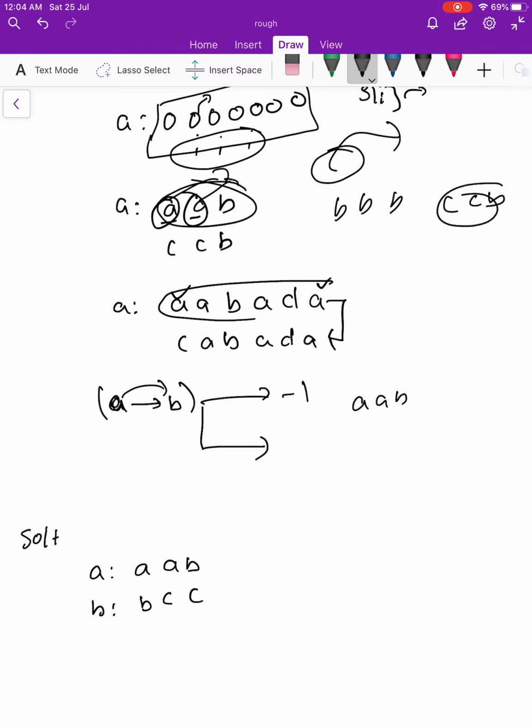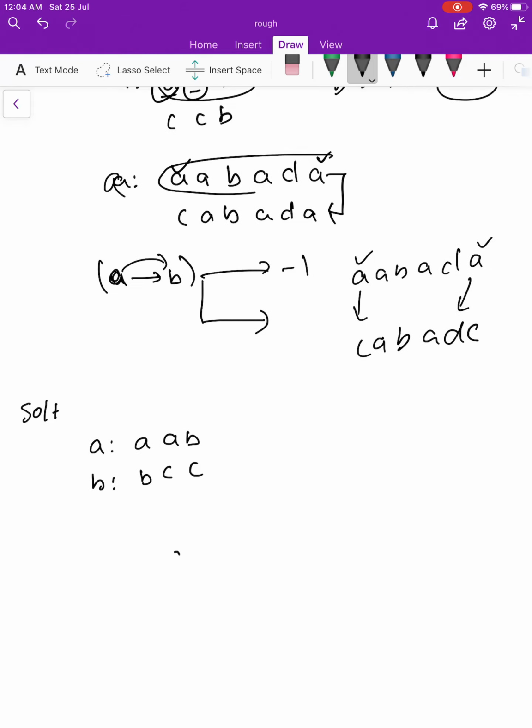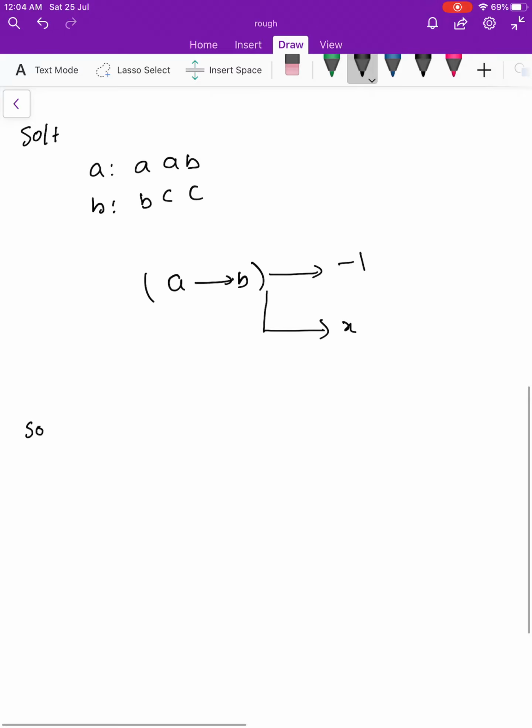Suppose A is ABADA. Let us say we select these two characters because they are the same character, right? Now we can change them to, say, C. Similarly, we have to try to apply operations on A to change it to B. There are two conditions. If we can change A to B, then we have to find the minimum number of operations we have to apply on A to change it to B. Otherwise, if there is no way to change A to B, then we have to give the answer -1. So let us see the solution.